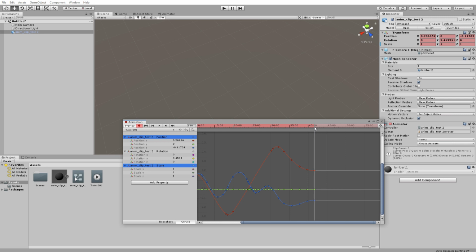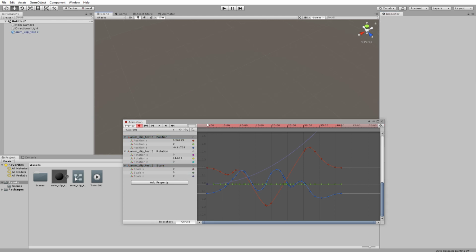I want to make it 2, and from the beginning I'll start from 0. Now if you see, the object is scaling.